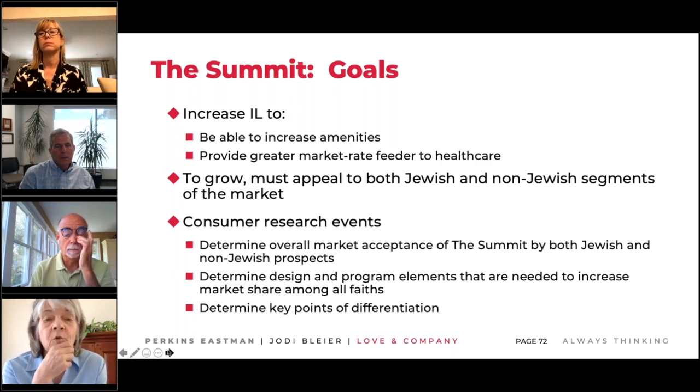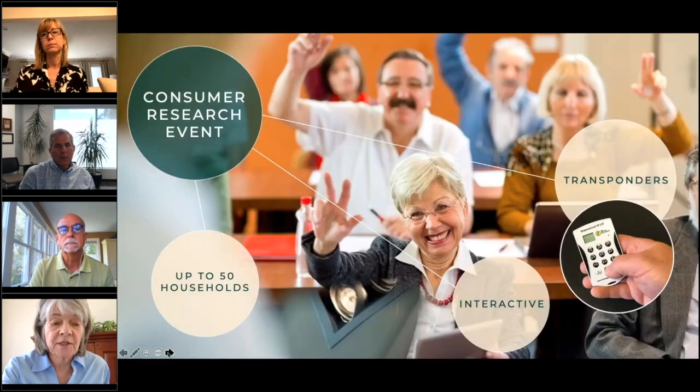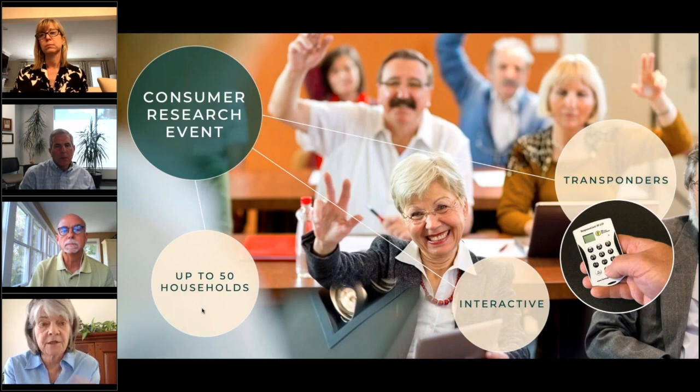And the data we were able to put together, both from a market analysis and a market assessment, looking at the overall competitive environment and then subsequently the consumer research events, led us to the conclusion that developing a different type of housing product would be in the interest of the community and not necessarily chasing the same things that exist out there. So our consumer research events, sadly, are right now